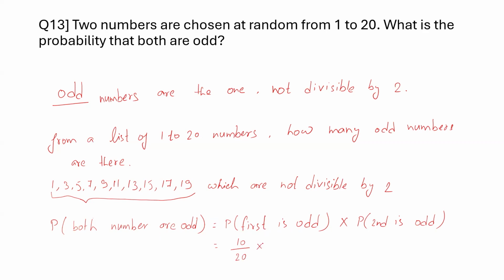What is the probability of the second odd number? So total was 10. 1 you have already picked, so only 9 will be there. So total 20, 1 you have already picked. So how many numbers are remaining? 19. So this is your final probability. So it is 90 upon 19 into 20. So this is your final answer. Consecutive events, right? Two numbers you are choosing from 1 to 20.